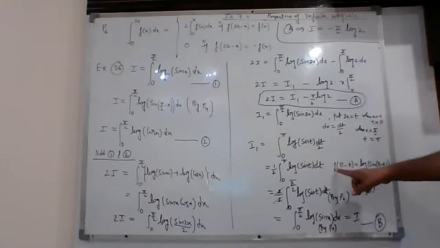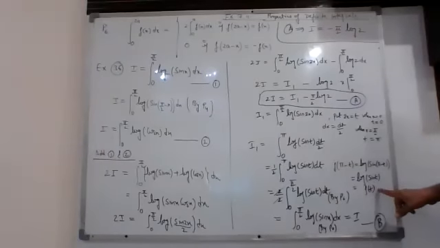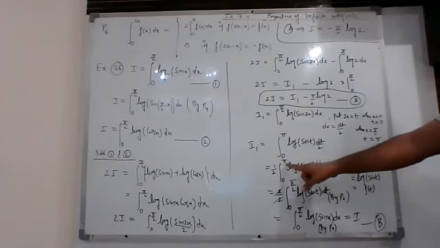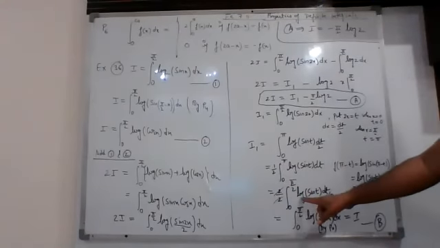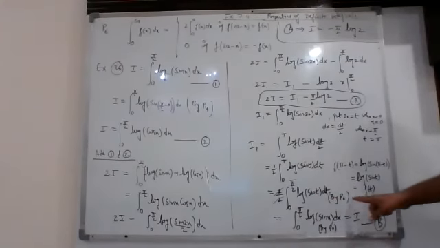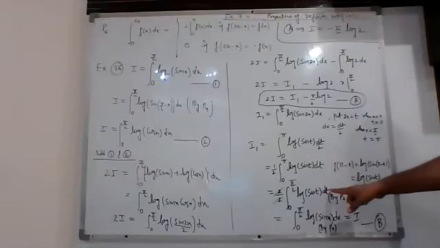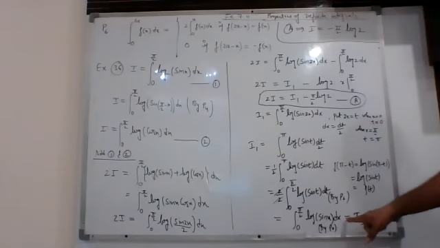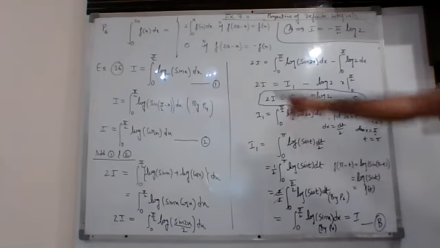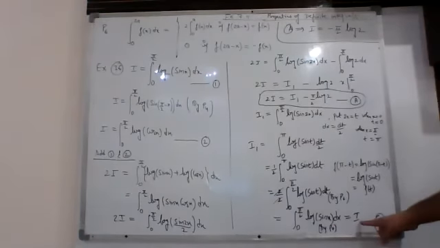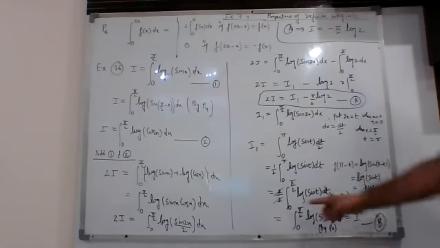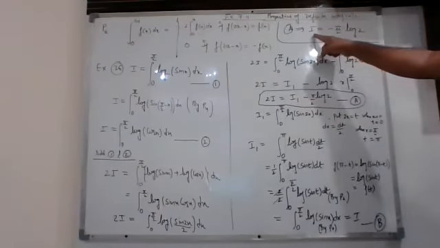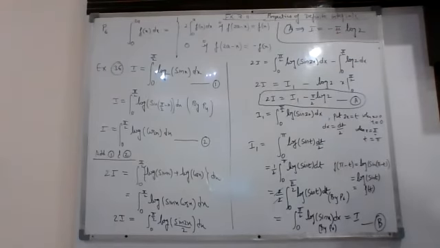So when you apply it, f of pi minus t is coming out to be f of t. So you can write this as 0 to half of this, that is 0 to 90. 2 times, so 2 and 2 will cancel out. This will become log sin t dt. This is by P6. So here, if you change the dummy symbol, instead of t, if you write in terms of x, then this is what you will get. And that is nothing but your number 1. So from number 1, I can write it as I. Put this value of I1 over here. So finally, you will get the answer as I is equal to minus pi by 2 log 2.